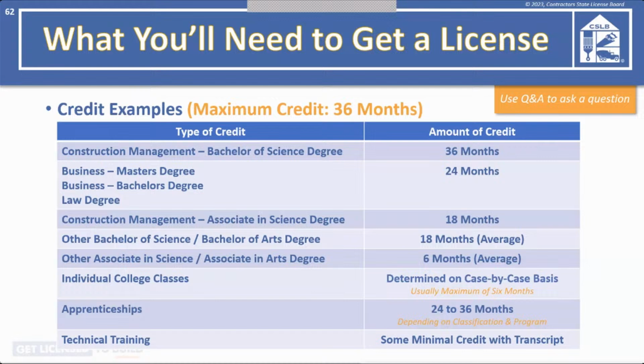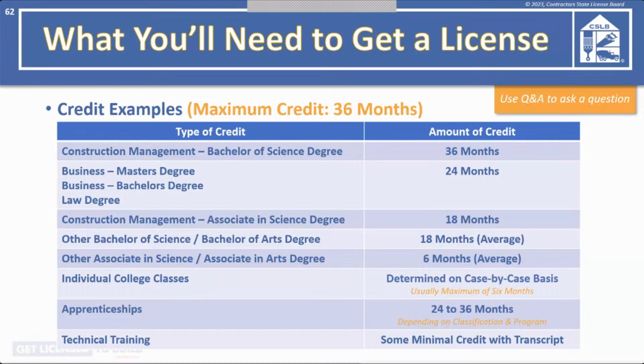If your father is the one who has the experience, he would be the one who would have to take the exam. And that can be structured in multiple ways. I mean, you could still do a sole owner, where you were the owner and he was the qualifying responsible managing employee, since he has the experience. Or if you had a corporation, then you all can be officers in the corporation and he can be the responsible managing officer or a responsible managing employee again. So it's possible for you to have a business, but he, having the experience, would be the one that would be the qualifier and take the exam.